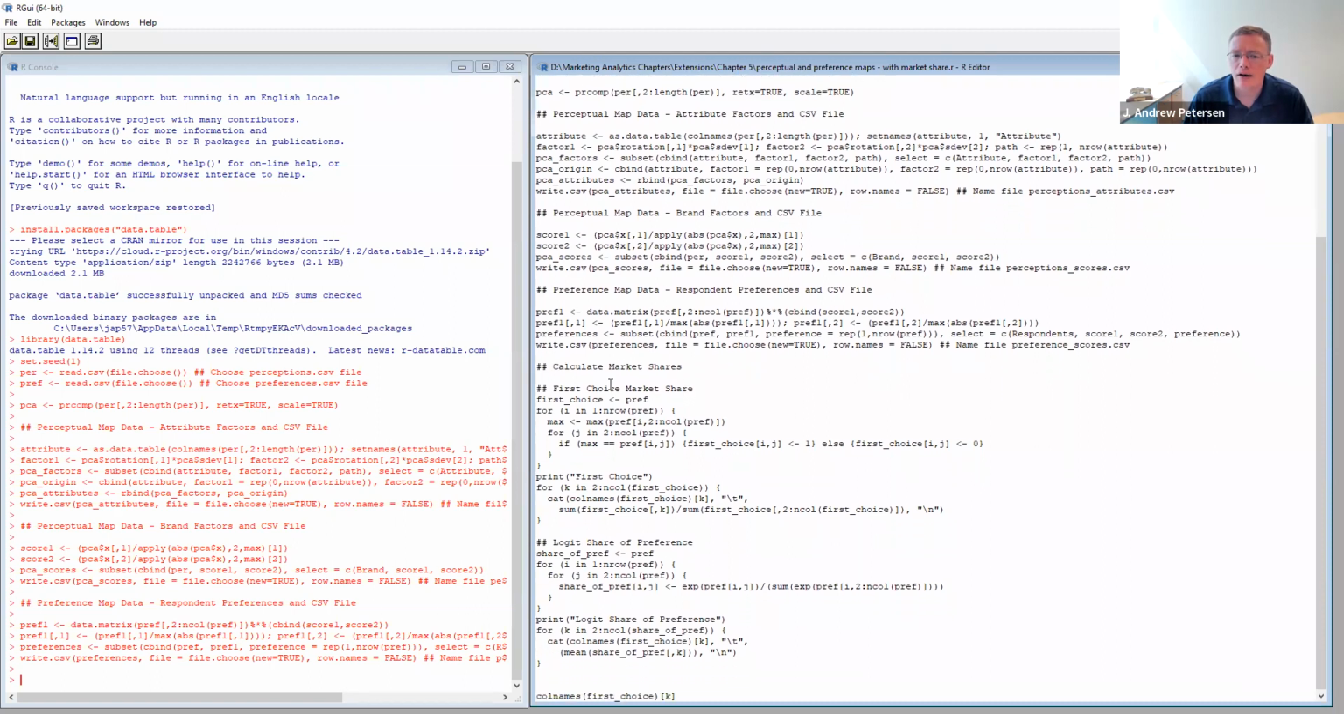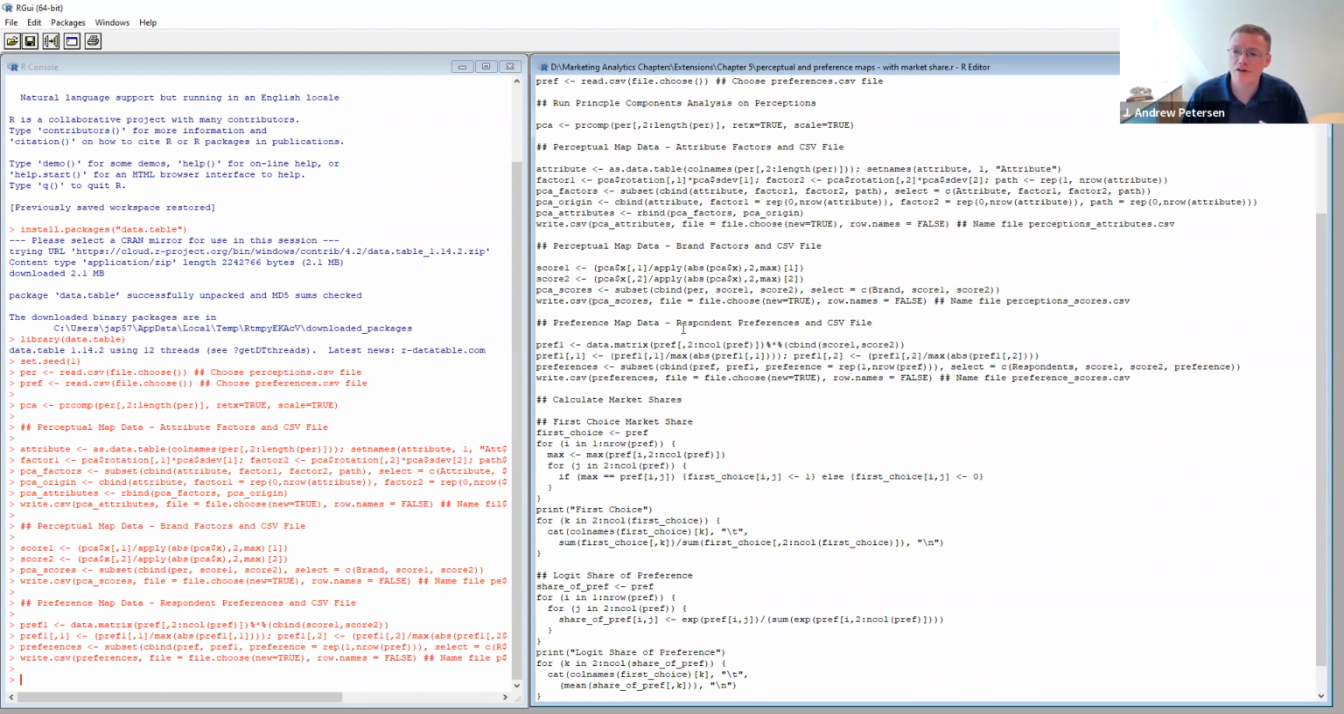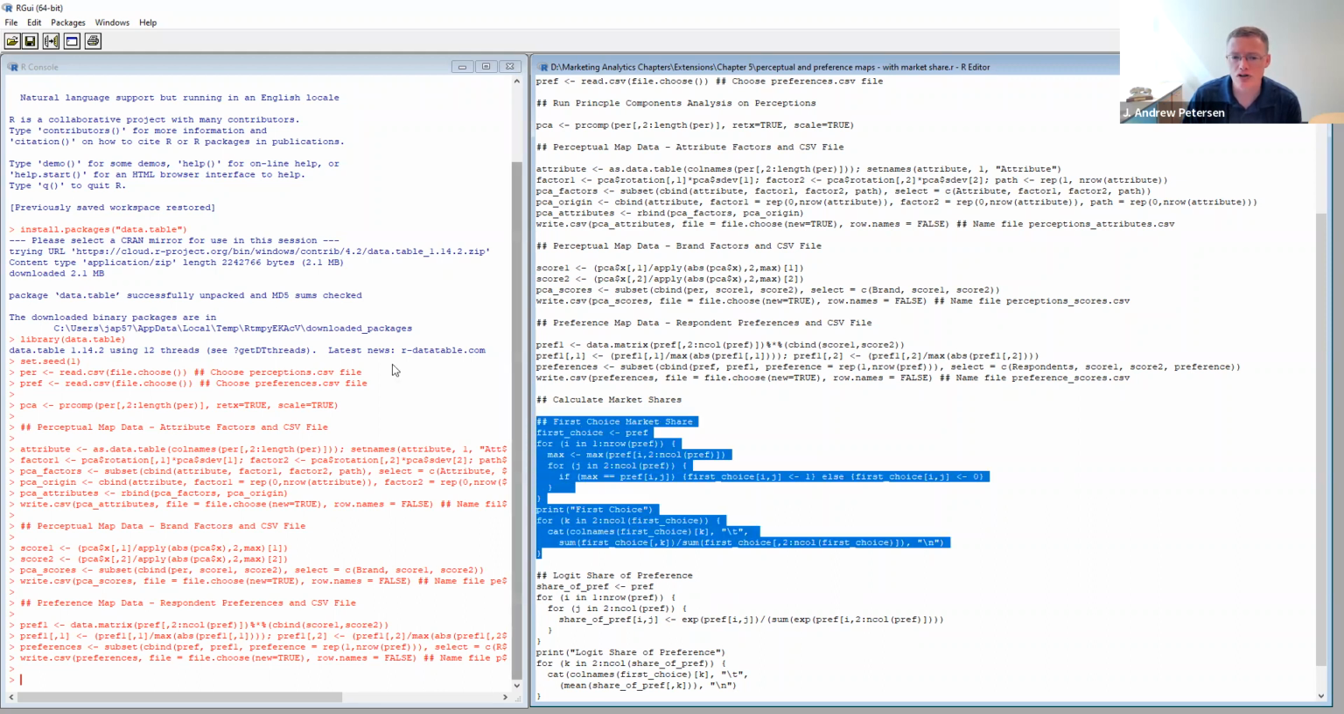Now, what we have here at the bottom is code where we can actually measure the market shares. So first choice, if you remember what I said, is all about looking at the distance between you and the different locations. So if we want to measure first choice based on the preference ratings that you gave, we would first measure the distance between all the preferences, and then print out the result by looking at the market share for all the respondents. So if we run the first choice market share,